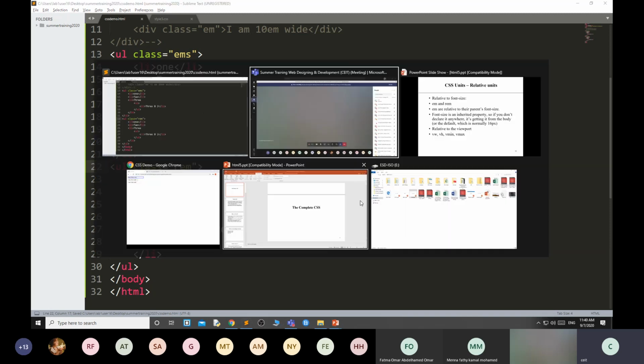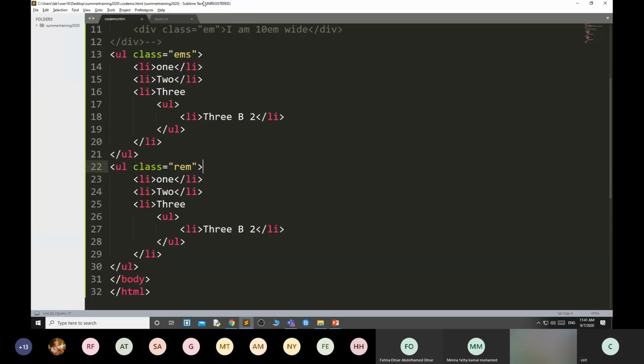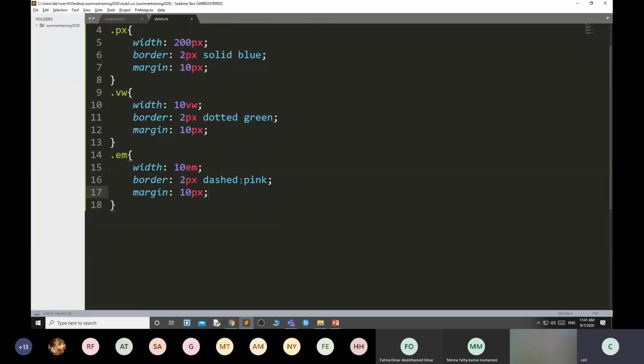Now if you run it, you will get something like this. This first list we are going to style using EM, and the second list using REM. EM means relative to the parent, REM means relative to the root. Then go to the style.